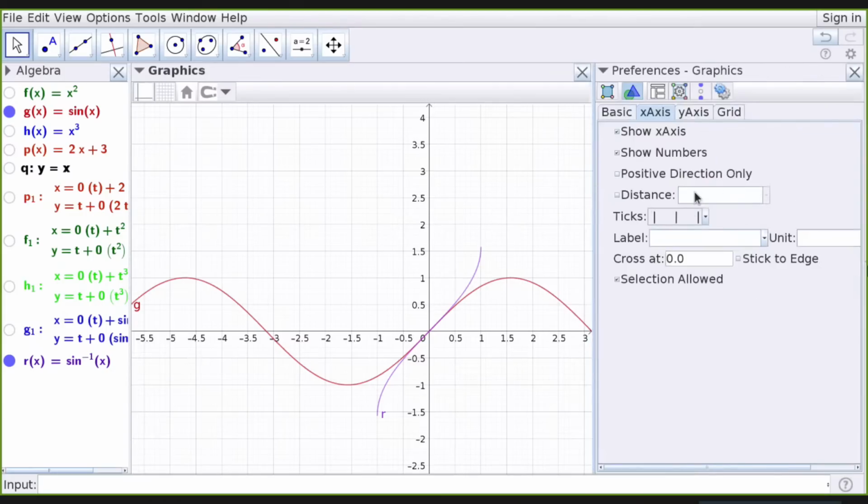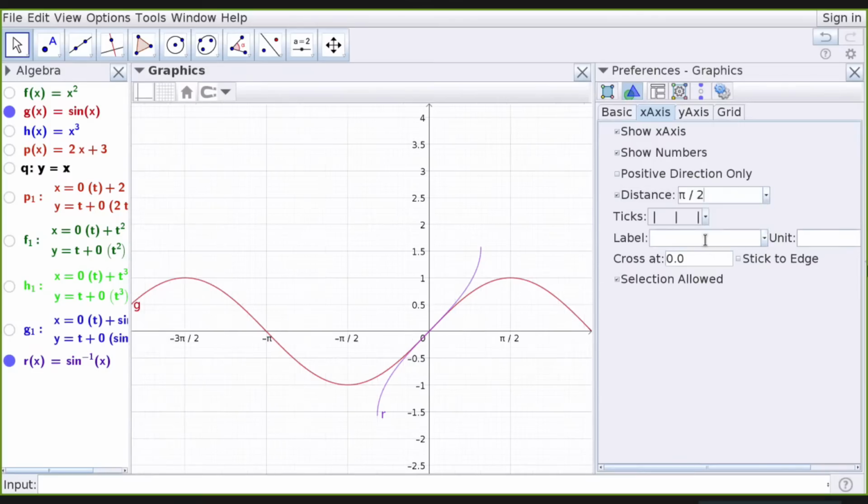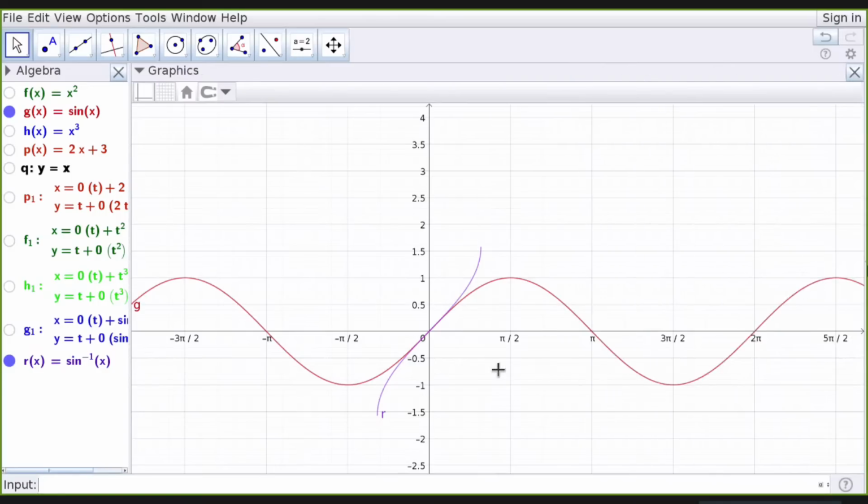Click on the distance, then take it as pi by 2. Close it, then you will get the x-axis as minus pi by 2 to plus pi by 2. The y-axis will be such that you can see that sin x will not cross these lines.